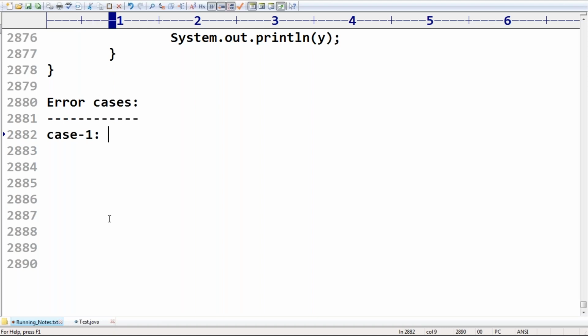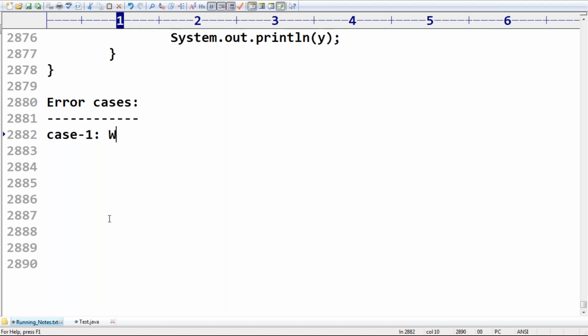Sir, here my question is, we can use local variable type inference only for local variables, but not for instance variables and static variables. As of now, this concept is implemented only for local variables, but not for instance variables and static variables. Maybe in future versions. As of now, this concept is restricted only for local variables. Remember, because the scope is very less, right? Up to that only it is implemented. Maybe class level and instance variables, maybe in the future, maybe a chance.